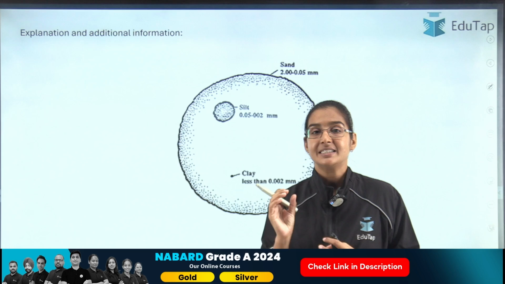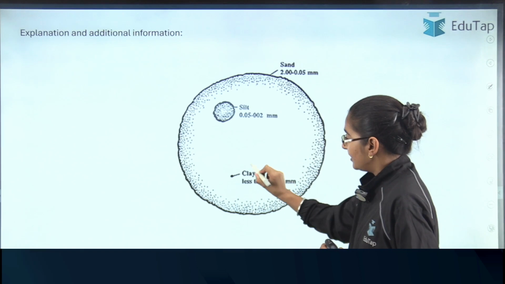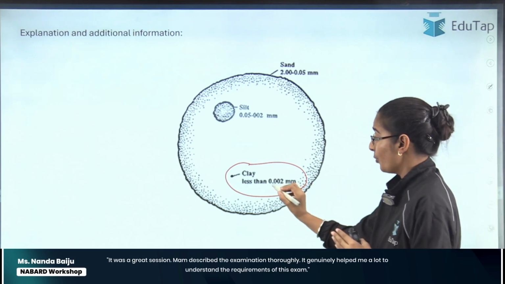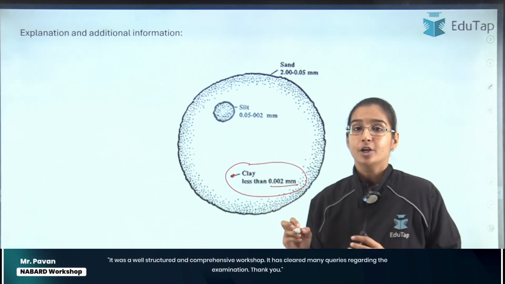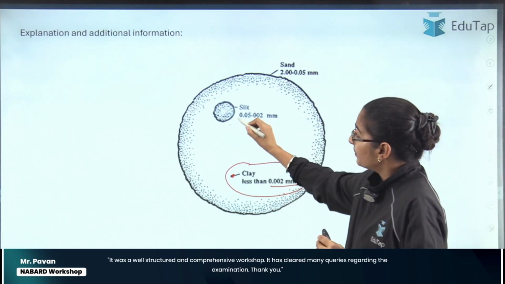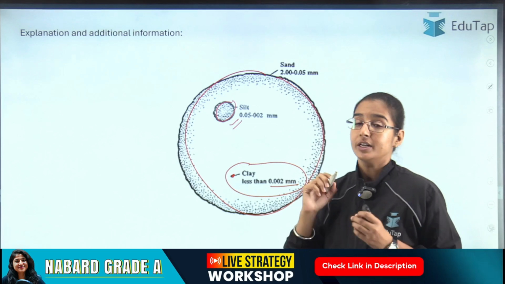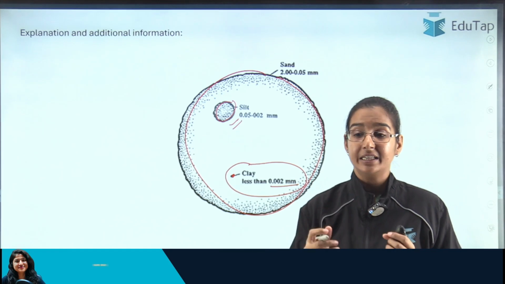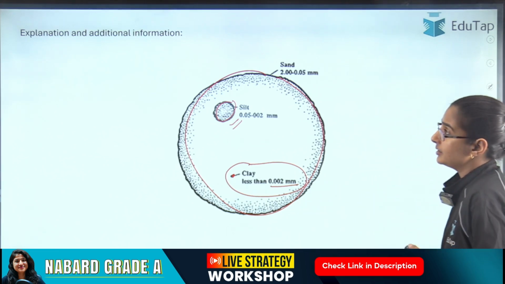sand, silt and clay essentially lies in their size, right? The clay particles, as you can see, have the least diameter, that is 0.002 micrometers, right? So that is how small a clay particle is, right? So the clay particles are very small as compared to the silt particles. Silt particles are bigger in size, and the sand particles, as you can see, are even bigger. So the difference as far as sand, silt and clay are concerned lies in their size basically, right? So that was about the soil separates.